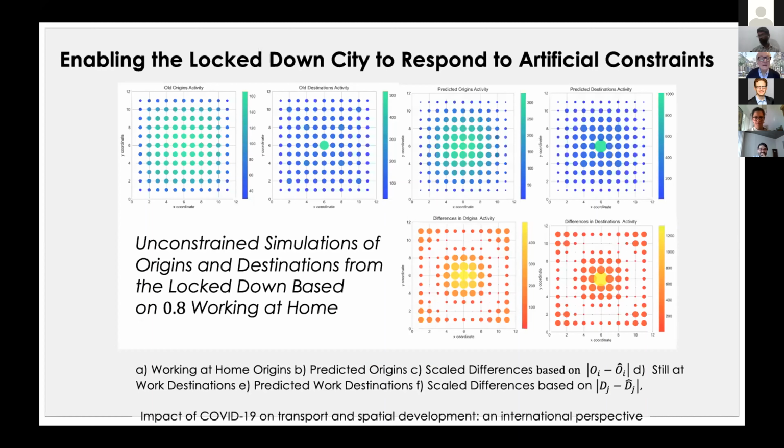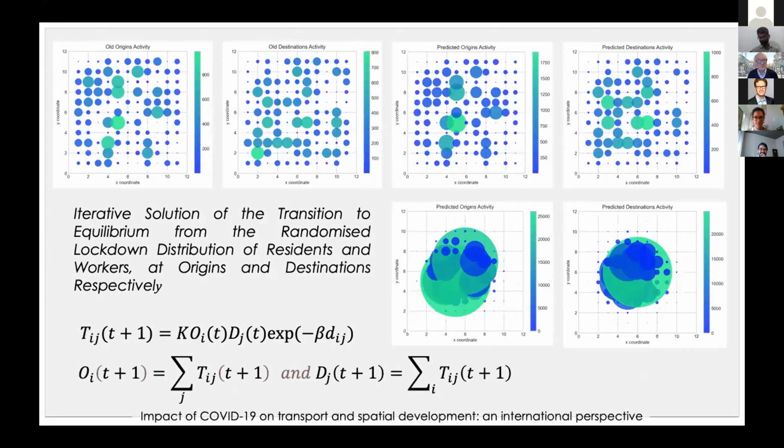Now we can begin to make this more realistic by introducing some random perturbations, and this is what we do from the data in terms of the origins and the destinations. Those are random noise added to the previous two patterns, and then we run our model and we produce a picture, which is the two elements on the right. If we let this run indefinitely, this is the kind of pattern we get: the symmetry is reinforced over and over again if we run this model in that fashion.